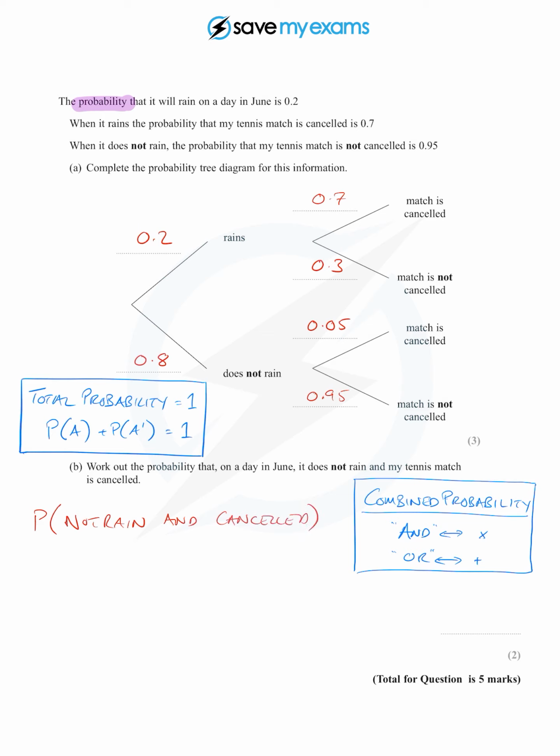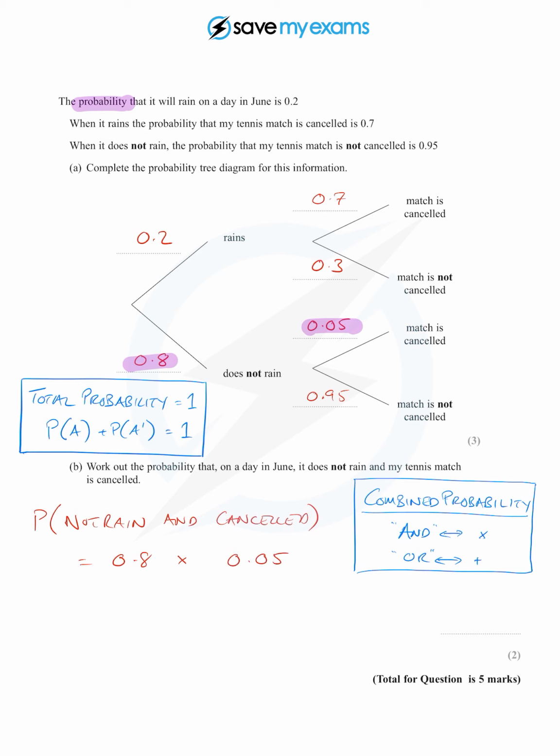Okay, well, let's just have a quick look at this blue box over here. We've got combined probabilities. Two things are happening, and whenever I see an and, I write a times. Okay, so probability of not rain is here, and then cancelled is here, given it hasn't rained, and so I get this is 0.8 times